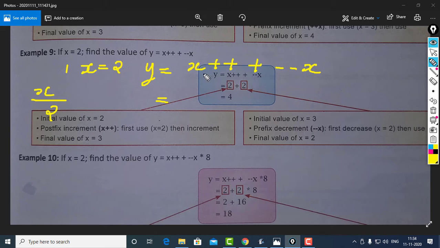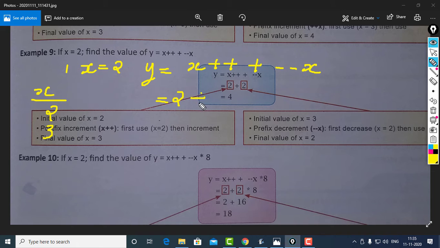Then coming to the expression x++ + --x, x++ means a postfix notation. So here the use then change rule will be followed. Before incrementing, the current value of x will be used, which is 2. Then after using, we increment the value, that will be 3.